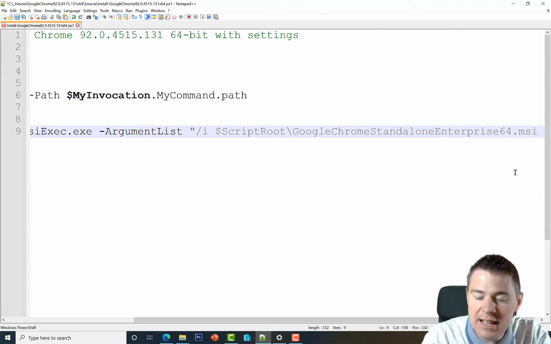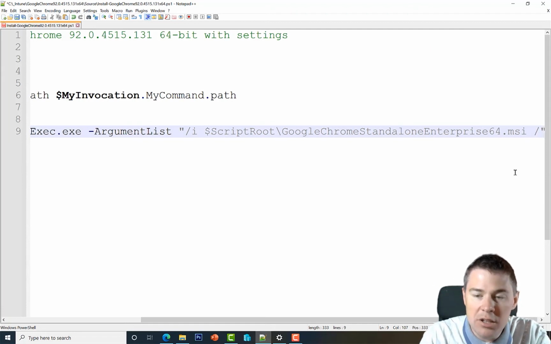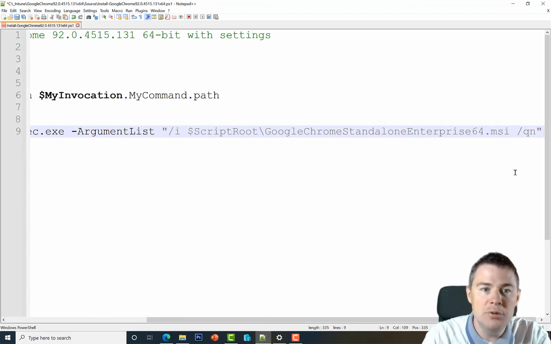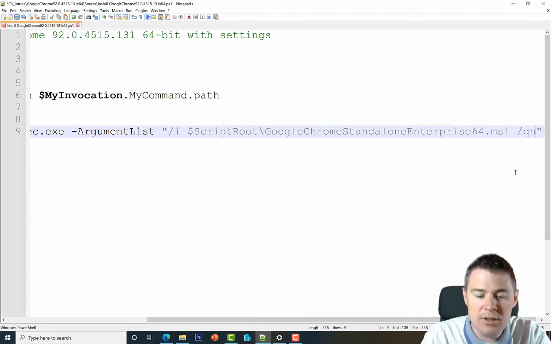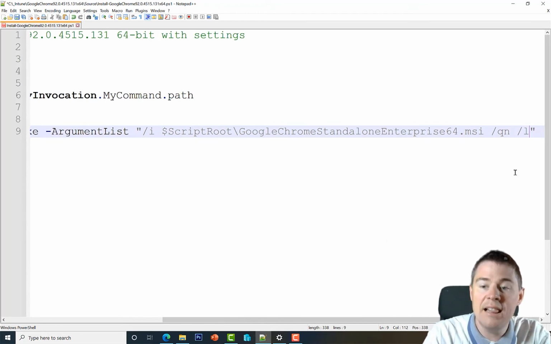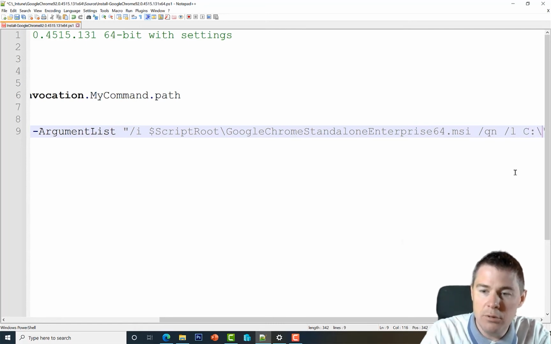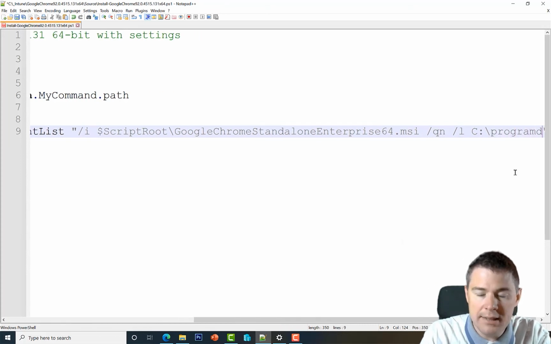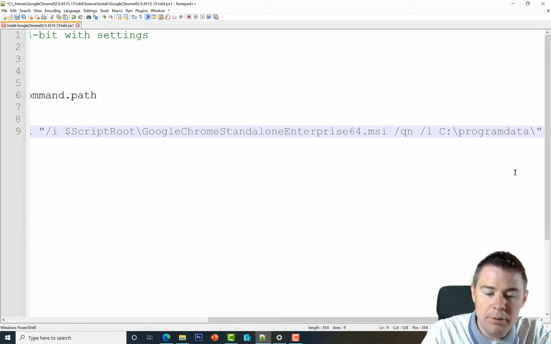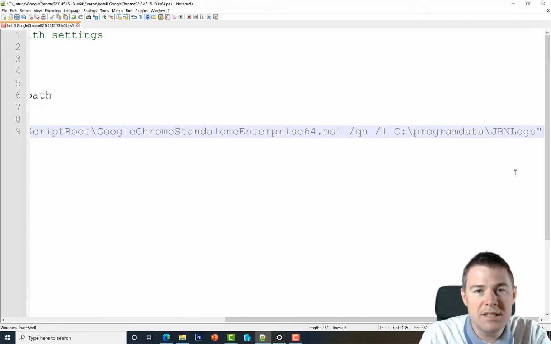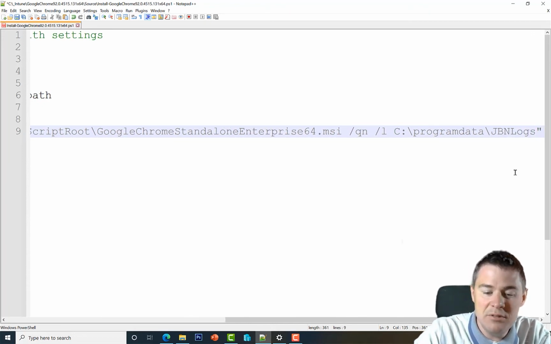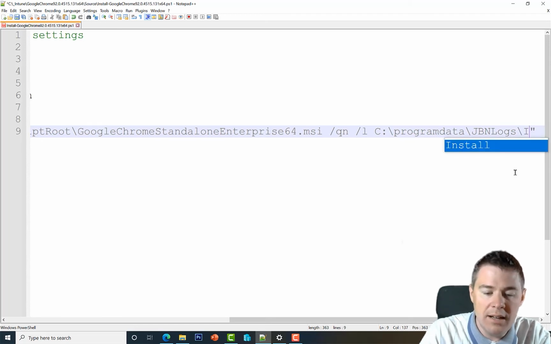So to do it silent, we have to do /q for silent and n for no user interface. We could leave it like this, but I always like to have a log file, so I'm going to do a space /L for log, and you can put the log file wherever you want, in C:\Windows\Temp. I'm going to put it in ProgramData in a custom folder. So ProgramData, which is a hidden folder, and then I'm going to put it under GBN logs, which of course is a folder that doesn't exist natively in Windows. And then I'm going to name the log file